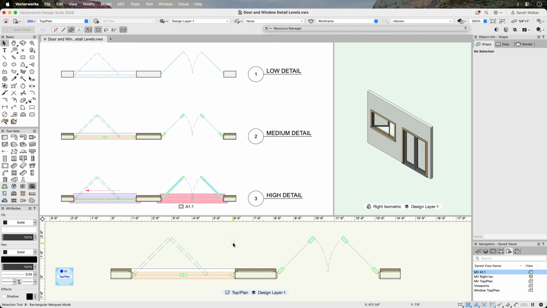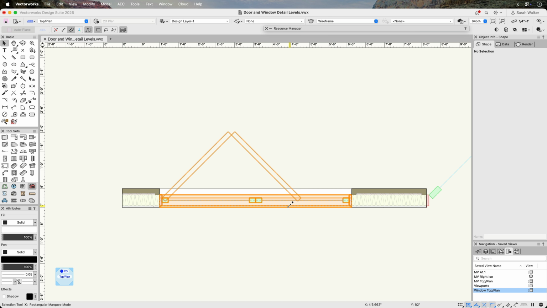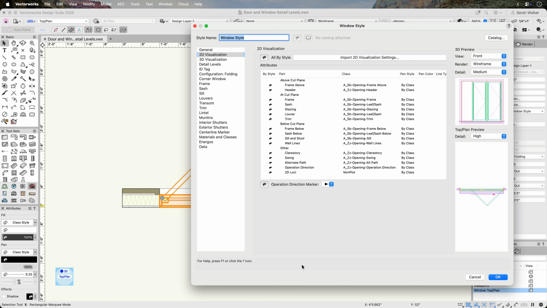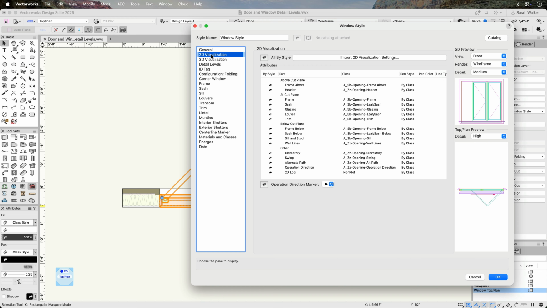The Door and Window tool includes comprehensive graphic controls that let you manage how these objects appear in top plan. This allows you to take advantage of these smart objects without sacrificing 2D graphics in your drawings. Each door and window object has dedicated 2D attributes and 2D detail level controls. These determine which parts are visible, their line weight and fill, and how they change between low, medium, and high